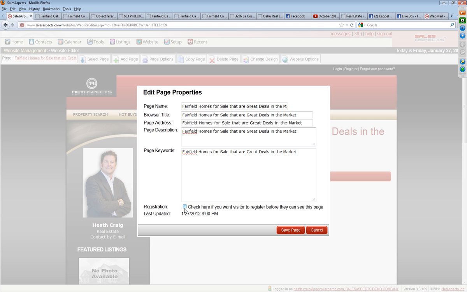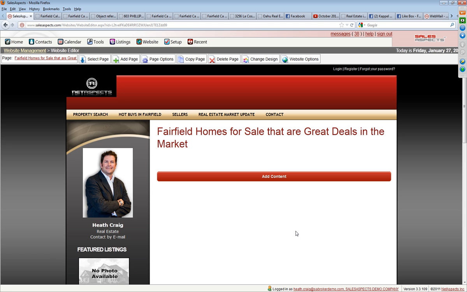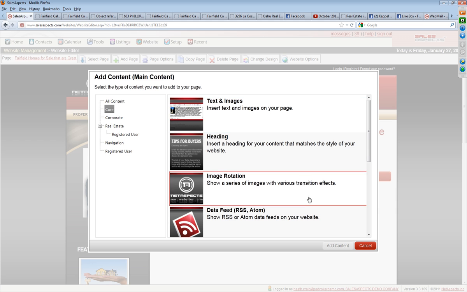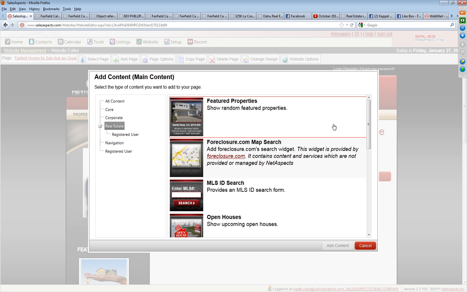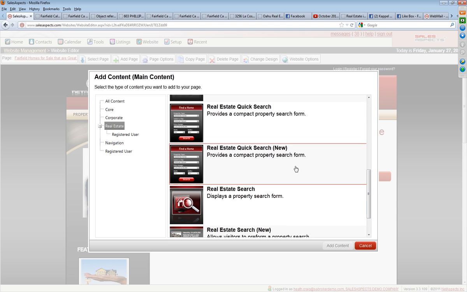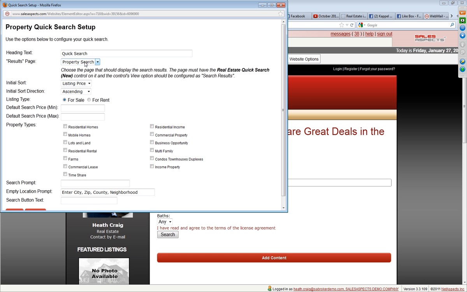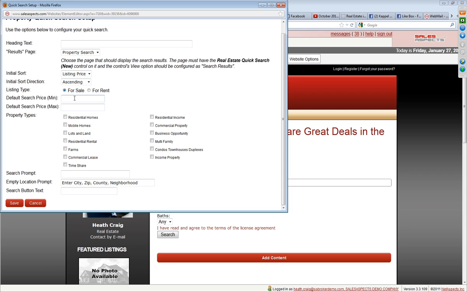Page options, I'm going to require them to register before they can see the page. I'm going to click on add content. I'm going to go to real estate, search, new. Again, I'm going to do hot buys. I'm not necessarily going to put a heading right now. Price 0 to 250,000. Residential. And I'm going to put in a